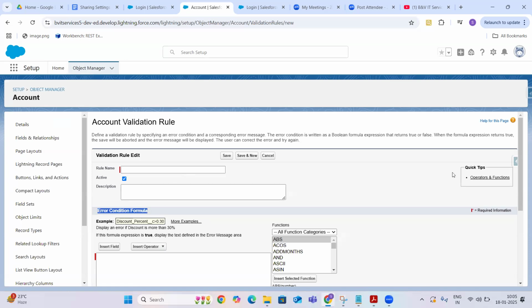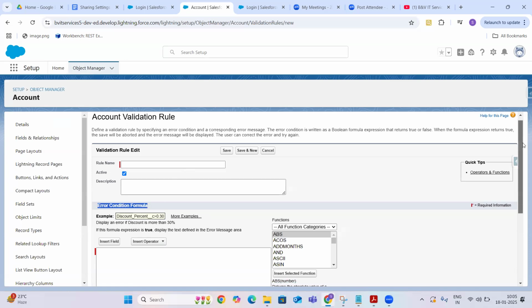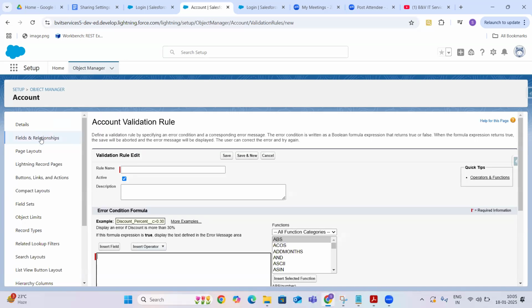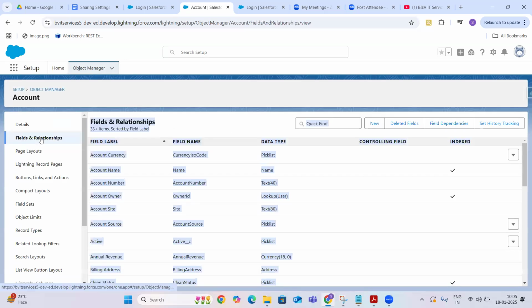If you want to write the validation rule, you have to write the formula. So for that, we need to understand how to write these formulas. The way of writing these formulas is exactly the same as the way we write while creating the formula fields.